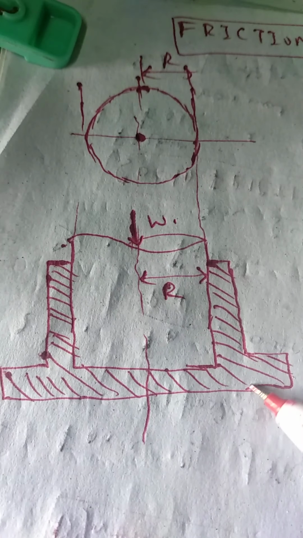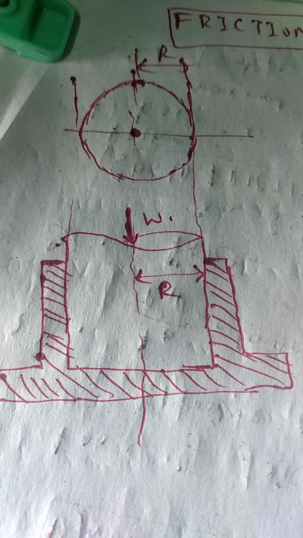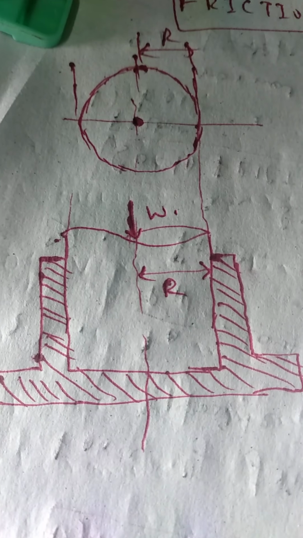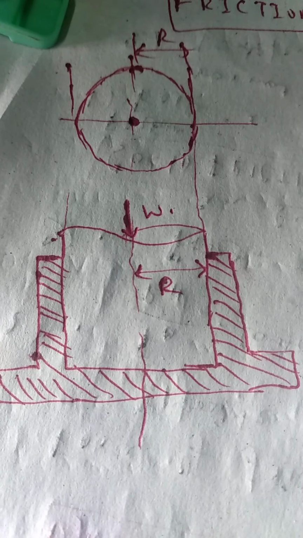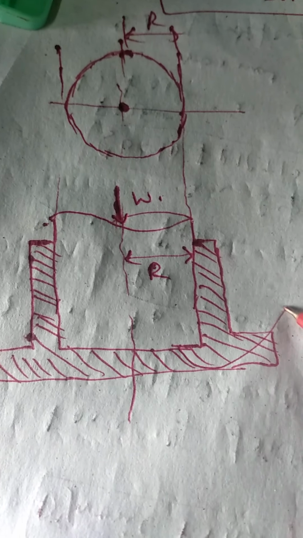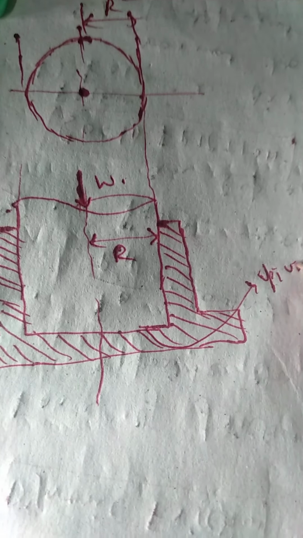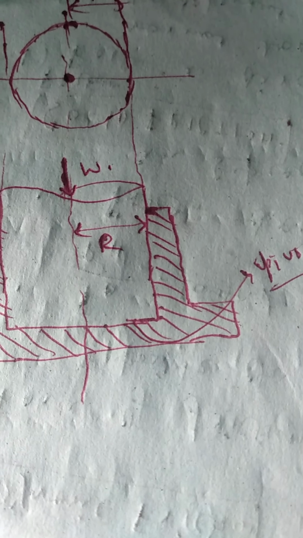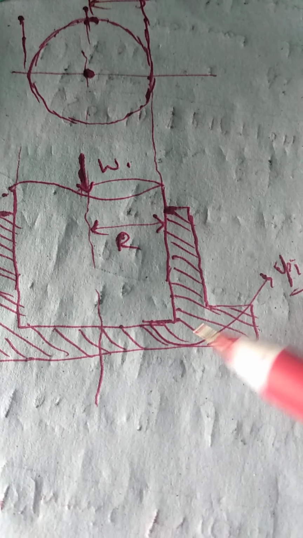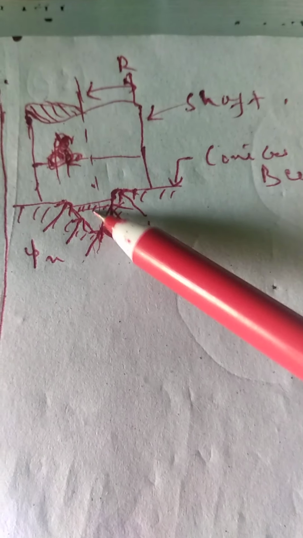Now the bearing surface which is placed at the end of a shaft, like this bearing surface over here, takes care of the axial thrust. This surface which takes care of this thrust is known as a pivot. Now there are different types of pivots, like the flat surface. This is a flat surface pivot. And there are also cases of a conical surface. You can see over here, this is a conical surface pivot.